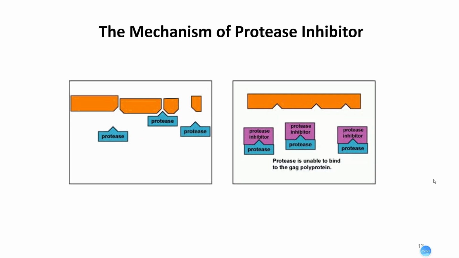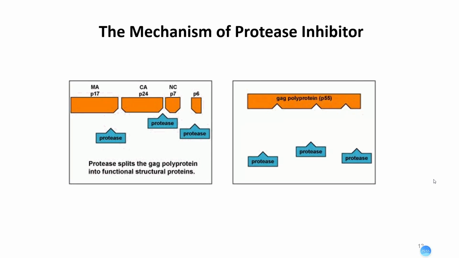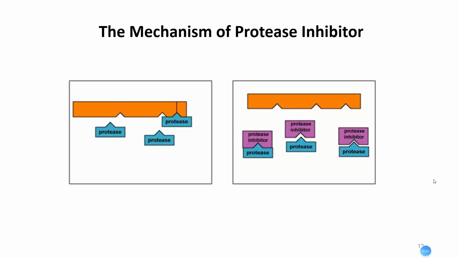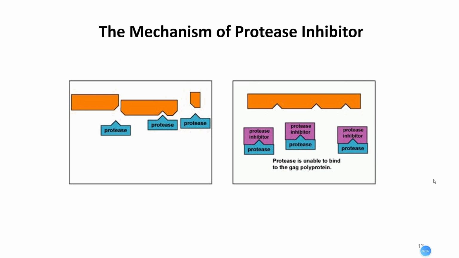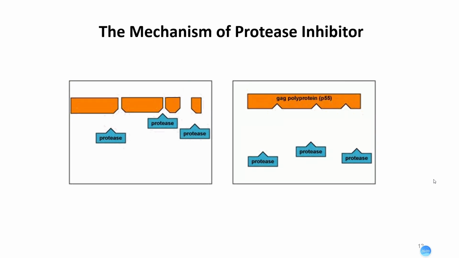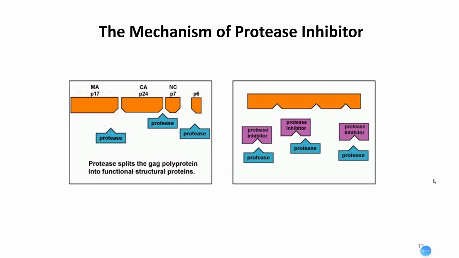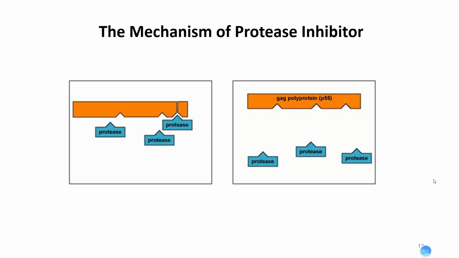But this big, long polypeptide is not functioning because it contains a lot of proteins linked together. To let those proteins function, you need to cut the polypeptide into small pieces. Each piece is a functional protein. Again, this is for HIV. The GAG protein contains, after cleavage,